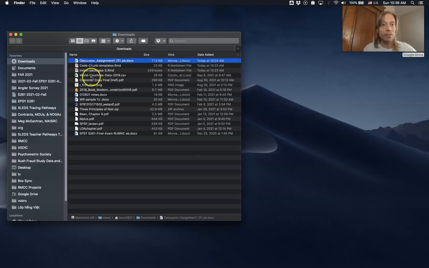So here I have the files that we need for the assignment: the discussion assignment, the code chunk templates, the install packages, and the world countries data. So I've already installed RStudio and R. It seemed like most people were able to do those steps fairly successfully, but let me know if you're still having issues with that. So I'm going to first get everything set up in a nice folder on my computer